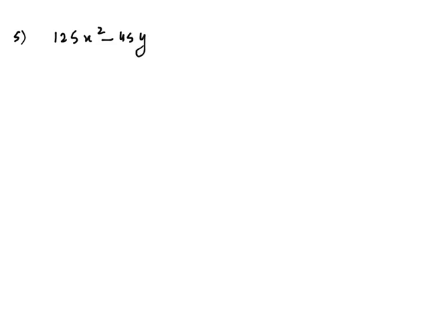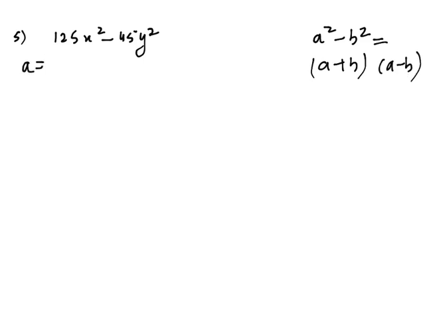So clearly here we have only two terms. So these are in the form a square minus b square. So we will use the identity a square minus b square will be equal to (a plus b)(a minus b). So we will use this identity in this. Here, in this question, we can see 125 and 45 are not the perfect square of